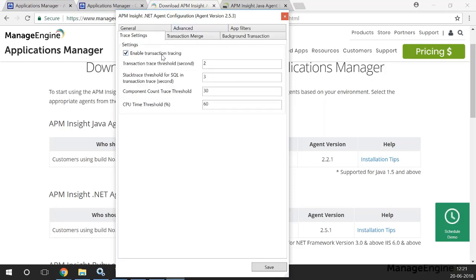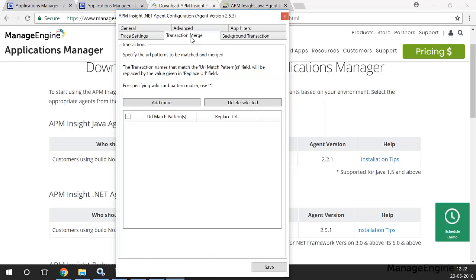And trace settings will allow you to capture traces within the APM Insight UI, and as you can see here, you can customize or edit the threshold. As you can see right here, this says that the stack trace threshold for SQL transaction trace is kept at 3, which means when the threshold is violated, only then the stack trace for SQL transaction will be represented within the UI. And then finally, the last tab, that is